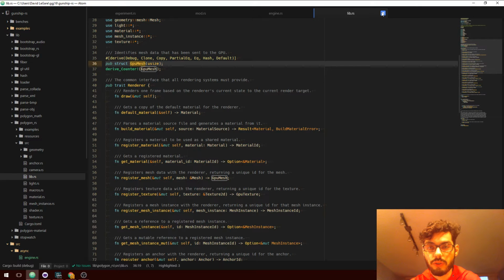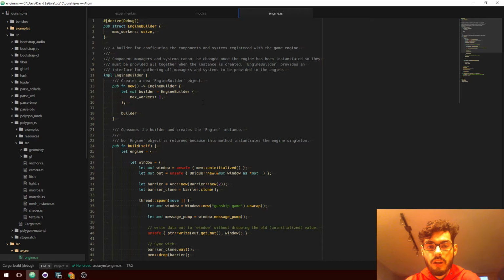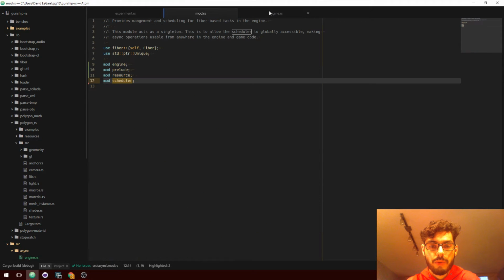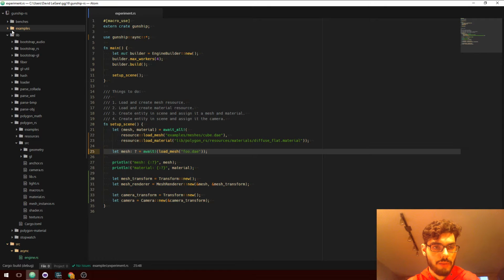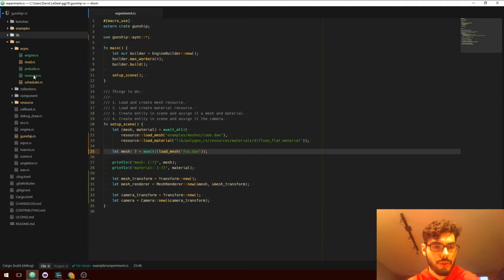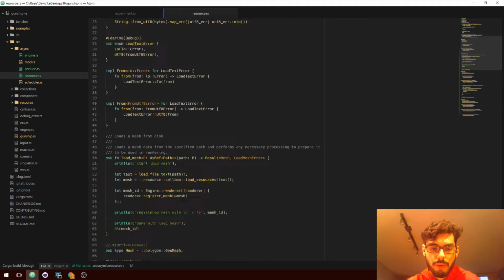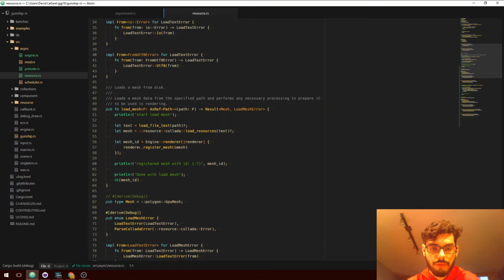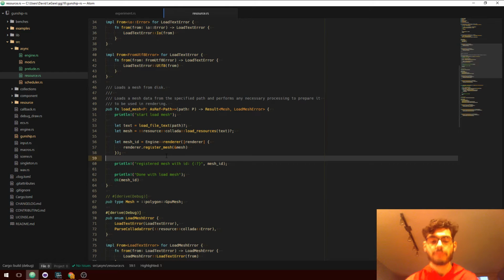It's a wrapper around a usize, similar to the way that entity was. And that is what we were returning from, I think I lost my resource code. That is what we're returning from load mesh. And importantly, we weren't returning that value until after our mesh data had been synchronized and sent to the GPU.